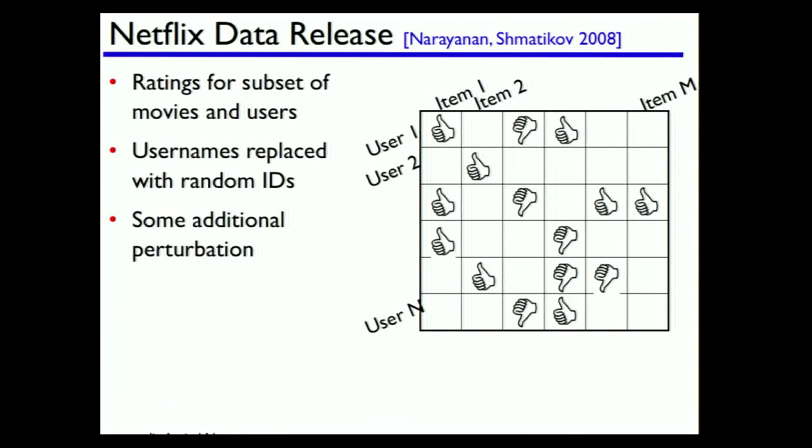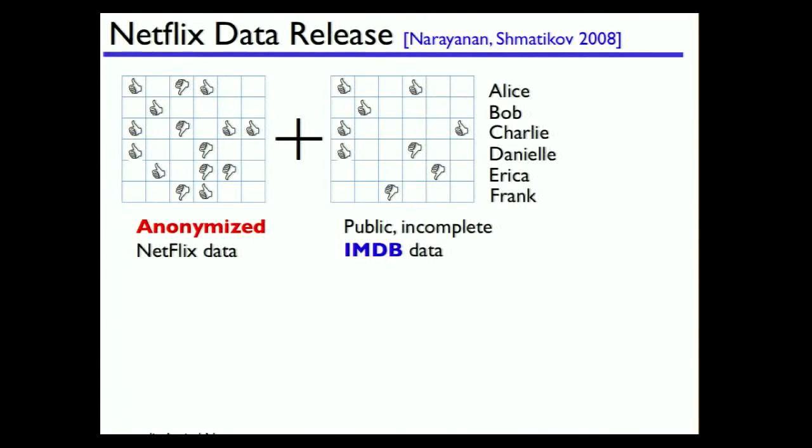They removed the usernames, which were replaced with random IDs. There was some additional perturbation added, although that wasn't entirely specified. So for each of these users, you got a random ID together with a list of movies they'd reviewed, or a subset of them, and the scores they'd given and an approximate date of the review. Okay, and what Arvind Narayanan and Vitaly Shmatikov did at Texas was to take this anonymous data